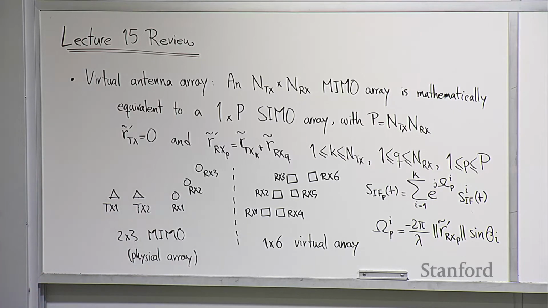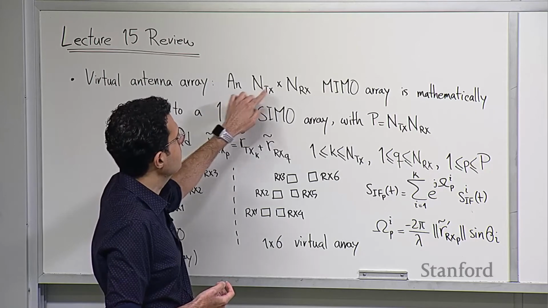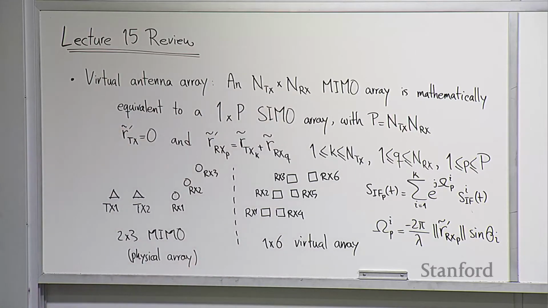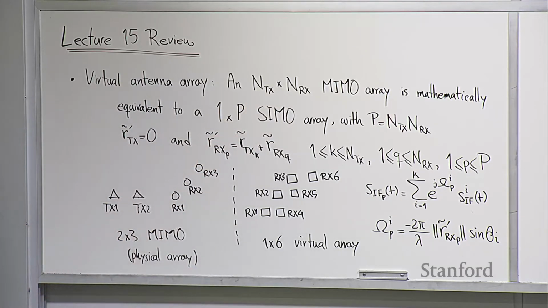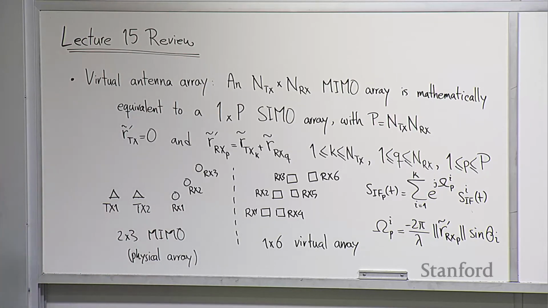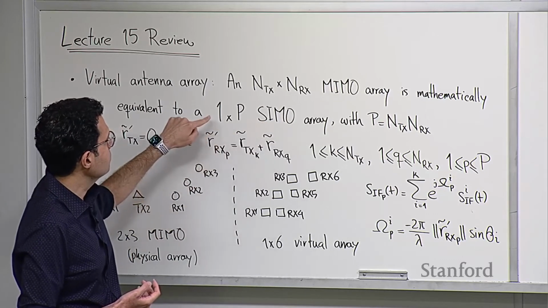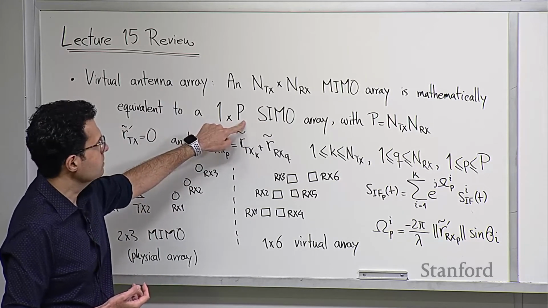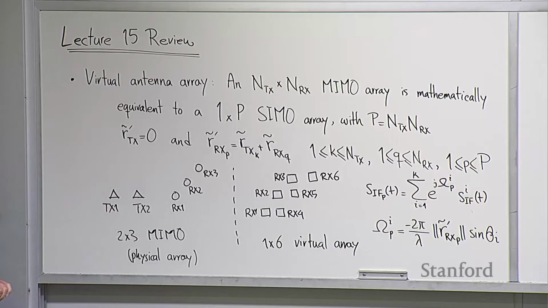And this is a purely mathematical construction. Basically, if you have a MIMO array which has N_TX transmit antennas and N_RX receive antennas, so physically you only have N_TX plus N_RX antenna elements, right? But mathematically, we showed that it is equivalent. And by mathematically equivalent, I mean essentially the signal that you receive from it is equivalent to a SIMO array, single input multi-output, where you have just one transmitter and you have P receivers, where P is equal to the